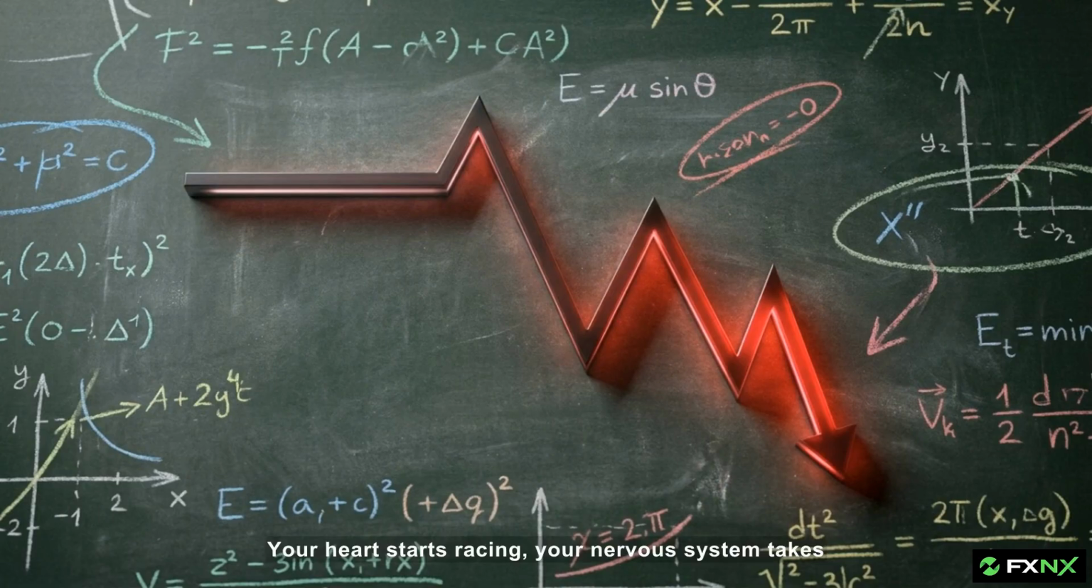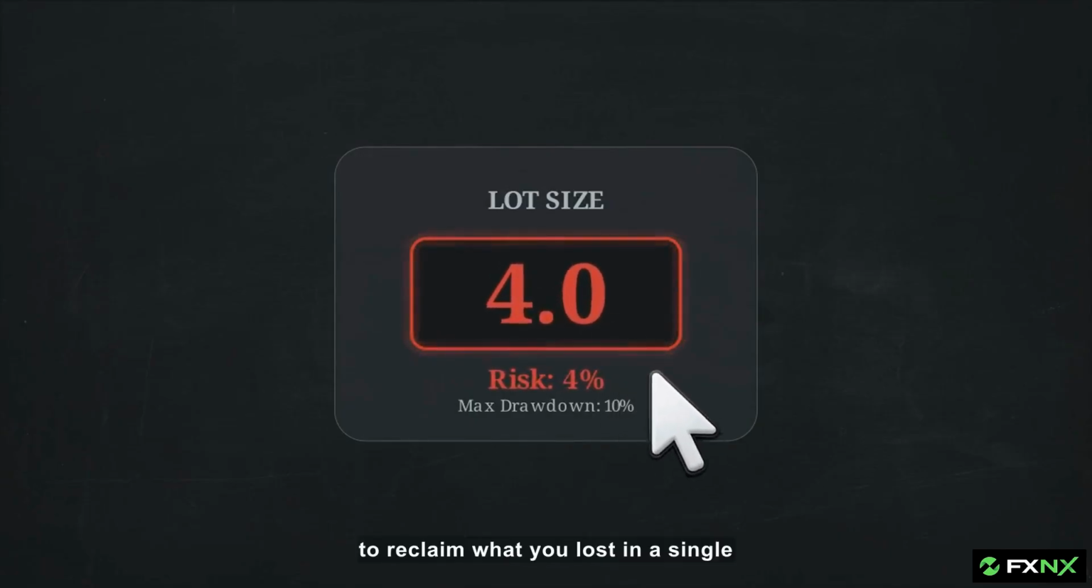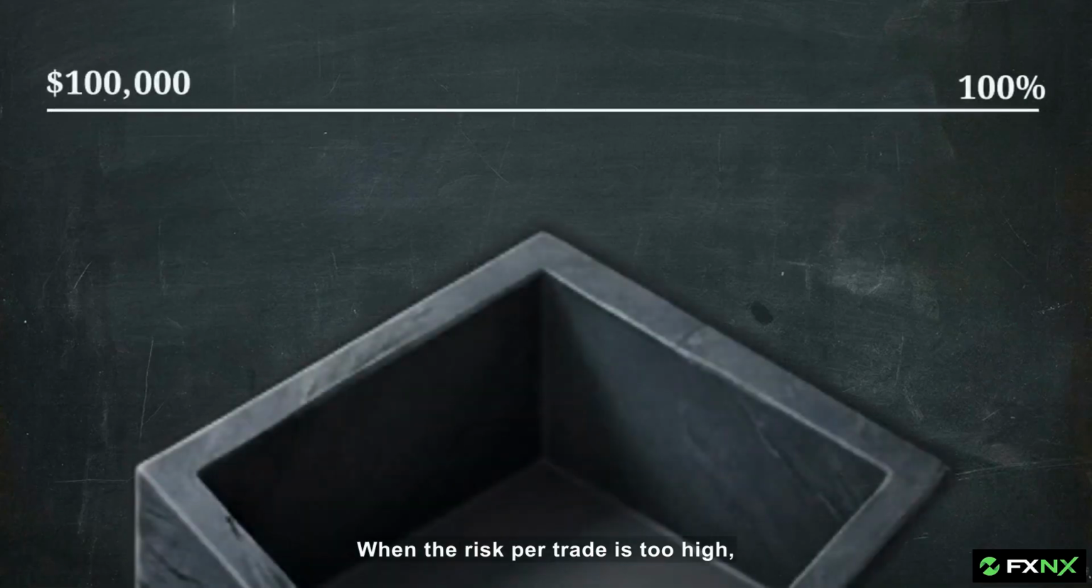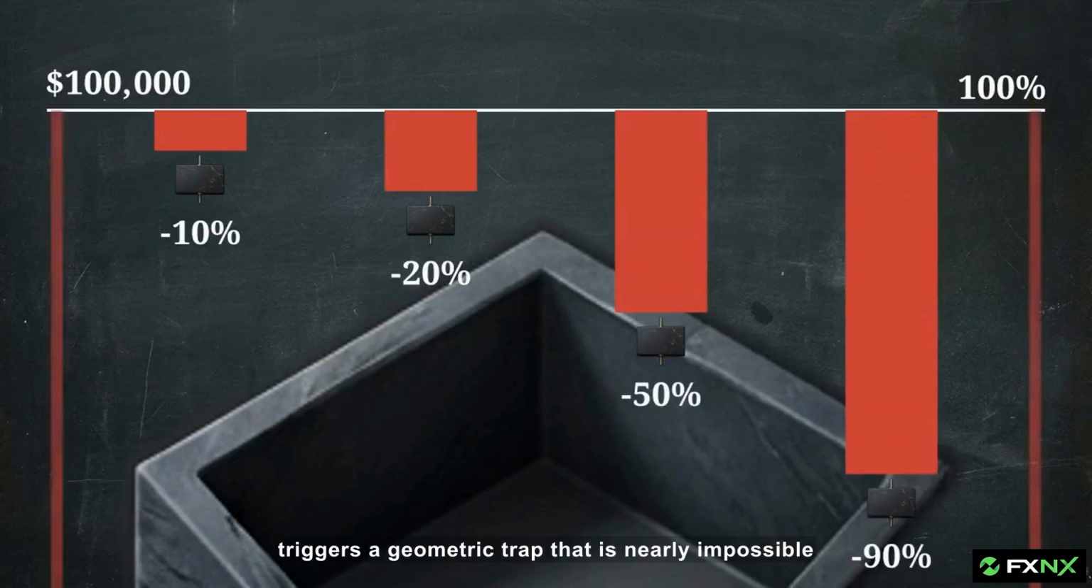Your heart starts racing, your nervous system takes over, and on the 4th trade, you double your lot size to reclaim what you lost in a single swing. This collapse is the result of a specific mathematical error. When the risk per trade is too high, a standard string of losses triggers a geometric trap that is nearly